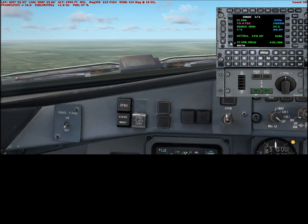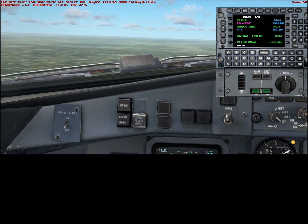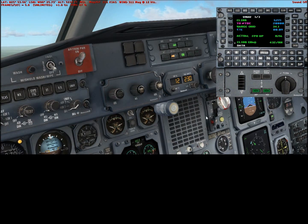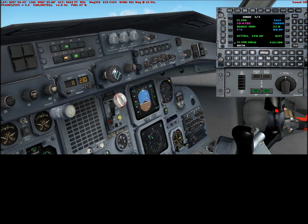I just changed that. Remember, you can go to data, and then enter your altitude, 20,000. Click enter a couple times, and you've got it set, and then just set it in your altitude knob. And you can change it during flight too. So if you want to change it to 20,000 while you're flying, do the same thing. Data, 20,000. Enter, and then make sure that you set it on the altitude knob,